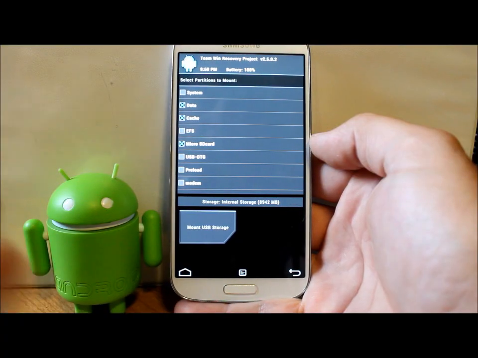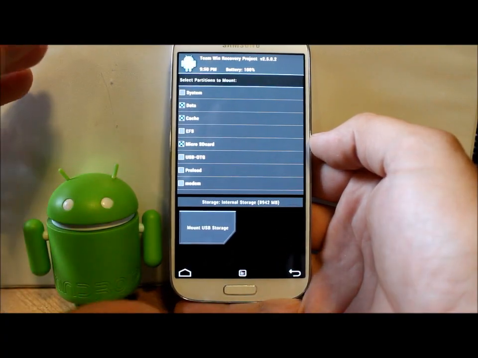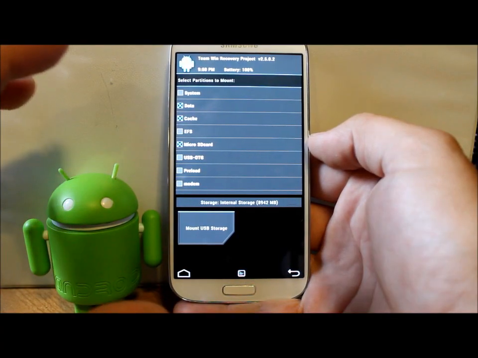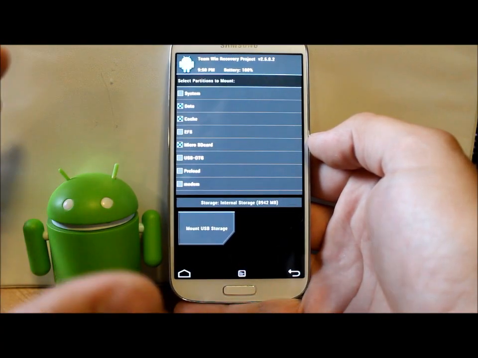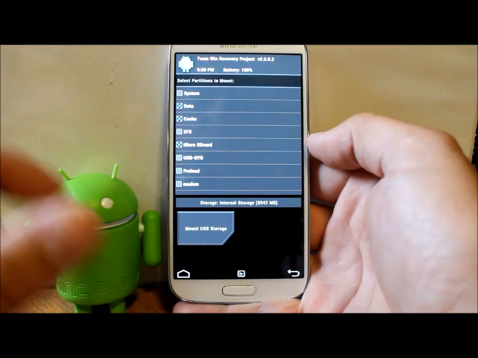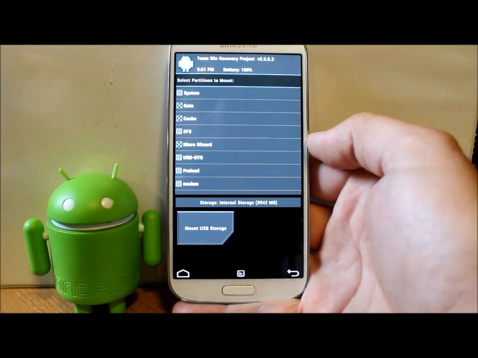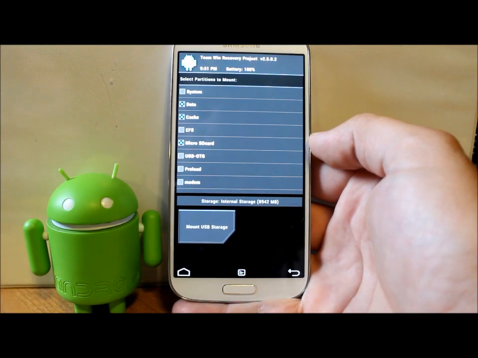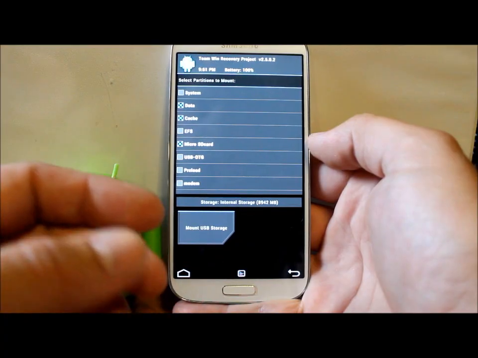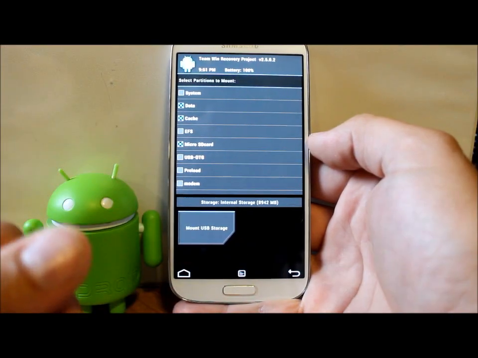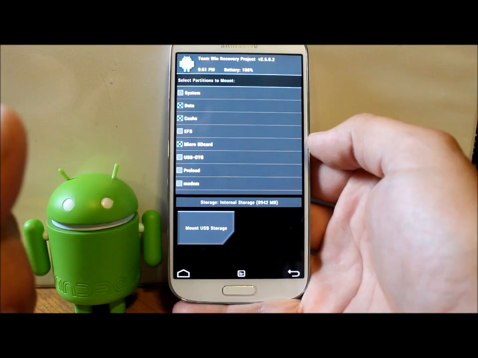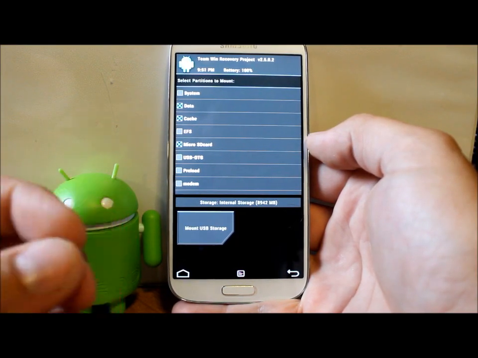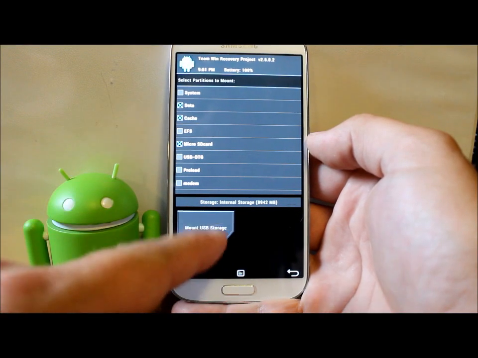So let's just get you an idea on this. If your device won't boot, but you can get into recovery, but then, oh crap, I don't have the ROM I want to flash on my phone. Alright, now how do I do it? Well, you can take your micro SD card out and do that. That's one way. Or you can push this right here, mount USB storage, and plug your cable into your computer, and now you can access your phone while TWRP Recovery is running and push those files over to your phone, whatever ROM, your GApps, or Google applications, whatever you got, and then you can unmount it,